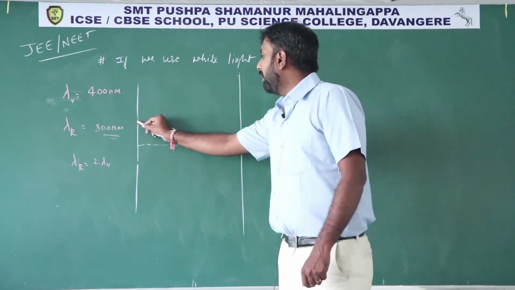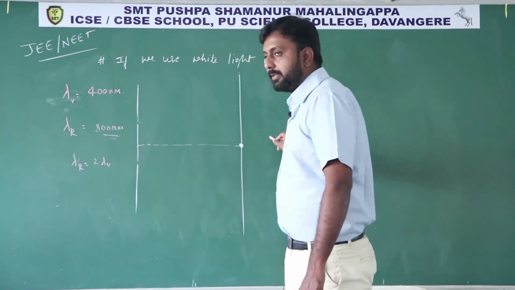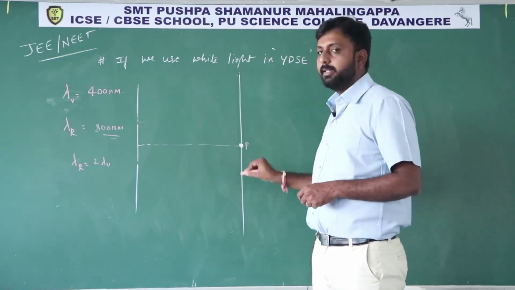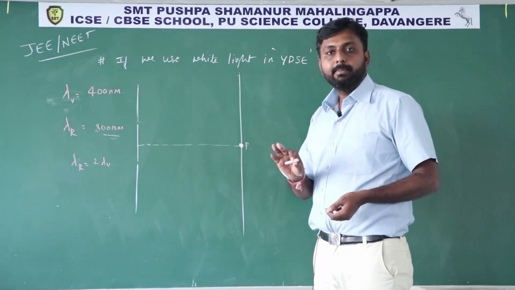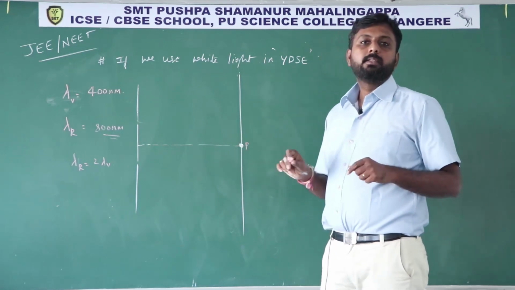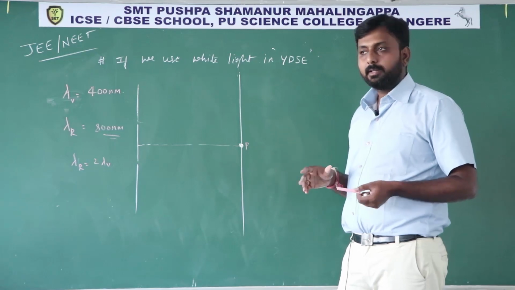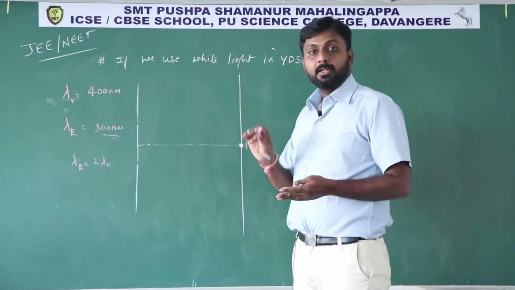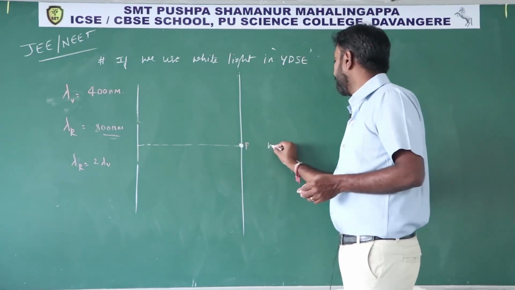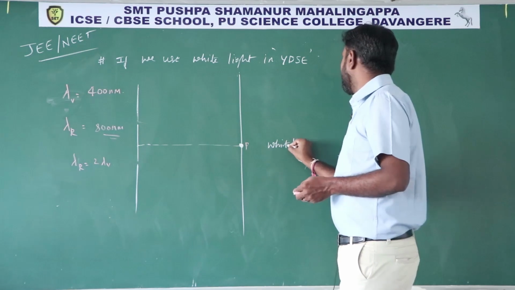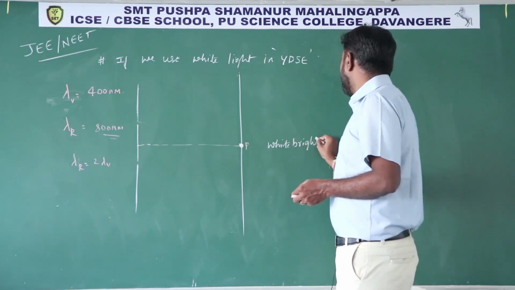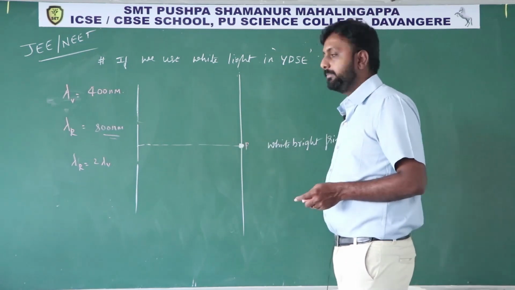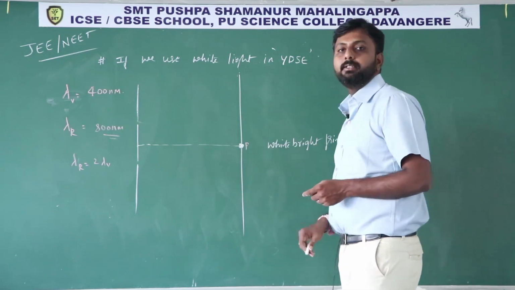So here all wavelengths pass through the slits, and for all the wavelengths this point is an equidistant point. Hence for all the wavelengths the path difference becomes 0. Path difference 0 means definitely every color of light forms a bright fringe, a mixture of all colors. Again you will observe a white bright fringe. This is at the center.